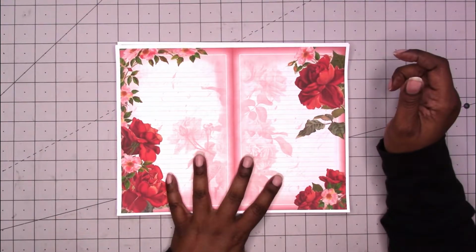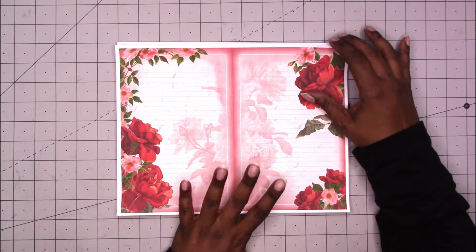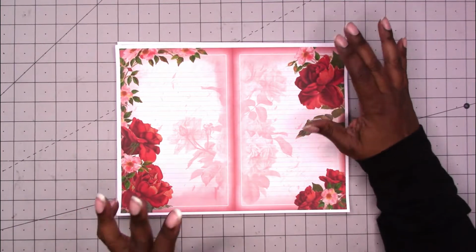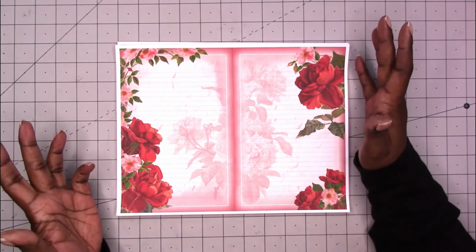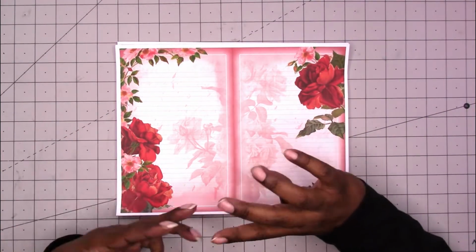I did not print this borderless. You can, of course, do that if you choose. I printed all of this on 32-pound paper, but it can be printed on your favorite photo paper, cardstock,